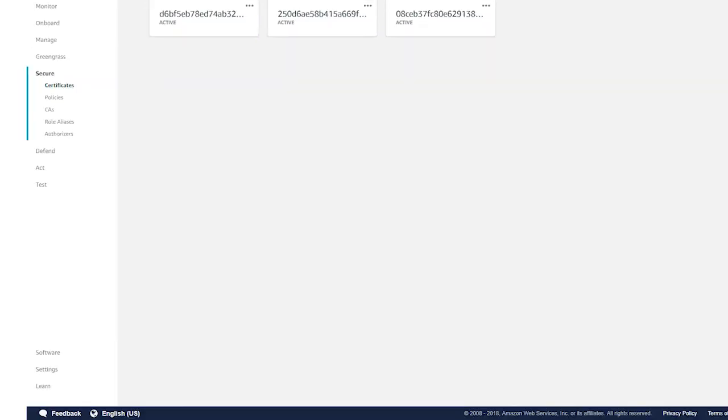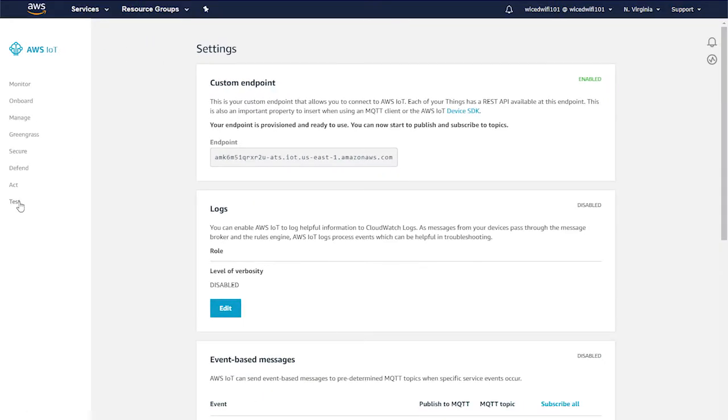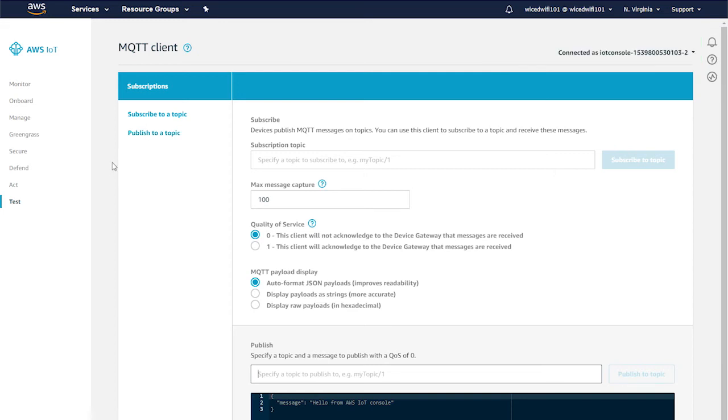Back to the top again, I can look at the settings to see my MQTT endpoint. This is the DNS name for my virtual MQTT broker that I'll connect to from my IoT device. The test selection opens up a virtual MQTT client that I can use to publish messages to a topic or subscribe to a topic. And I'll show you how to use this once we have an MQTT device that we